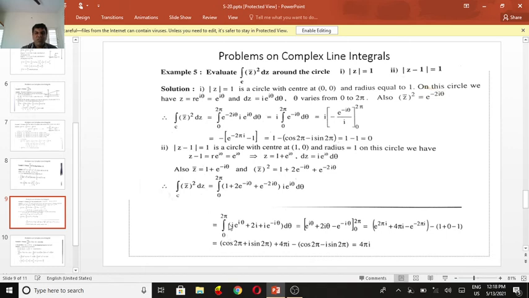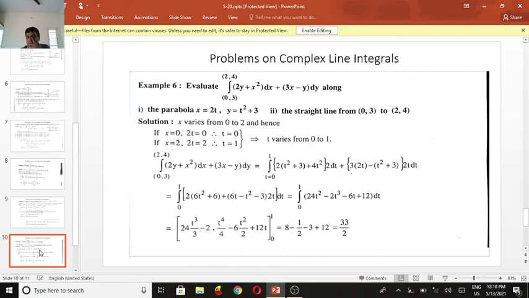So the integral from 0 to 2π of i e^{iθ} plus 2i plus i e^{-iθ} dθ. Again separating and applying the limits 0 to 2π, it becomes e^{iθ} plus 2iθ minus e^{-iθ}. Simplifying, we get cos 2π plus i sin 2π plus 4πi minus cos 2π minus i sin 2π. Totally we get 4πi. So one more, if we come to the problem,